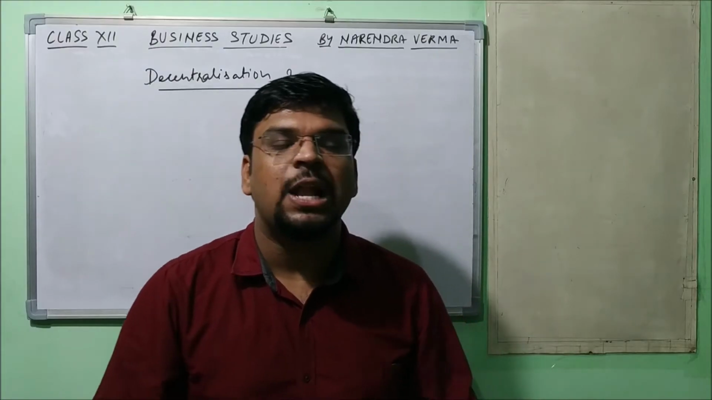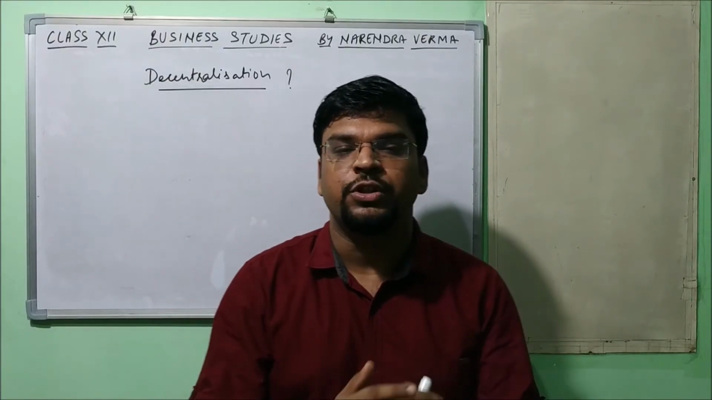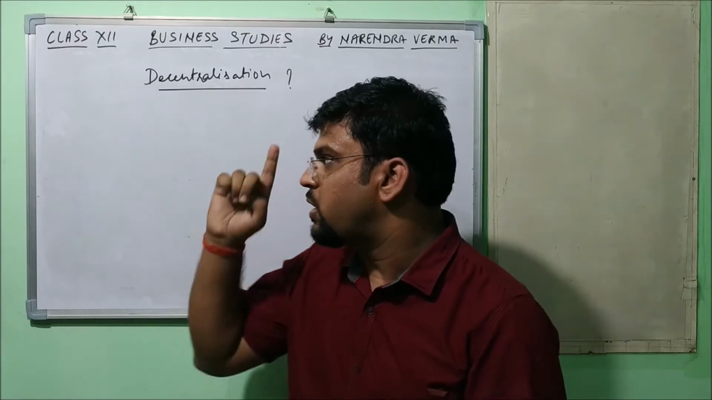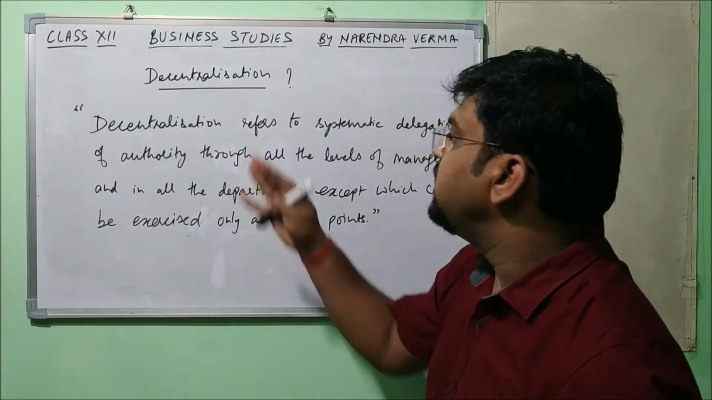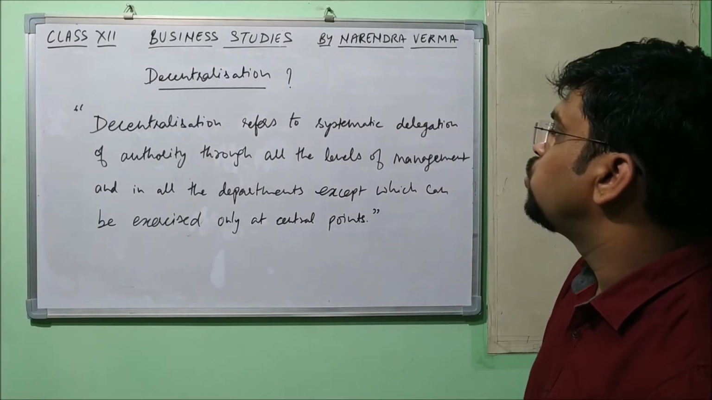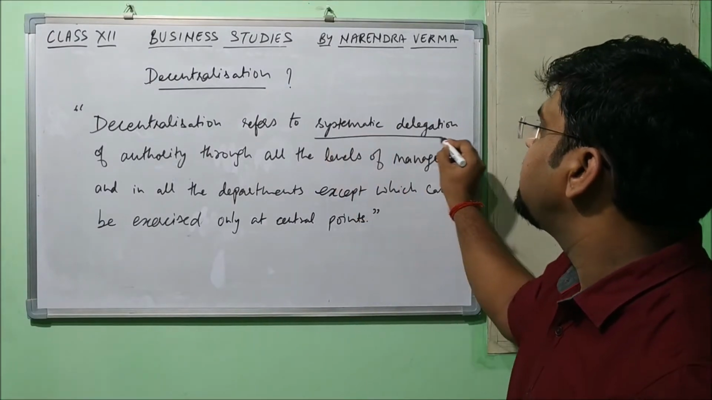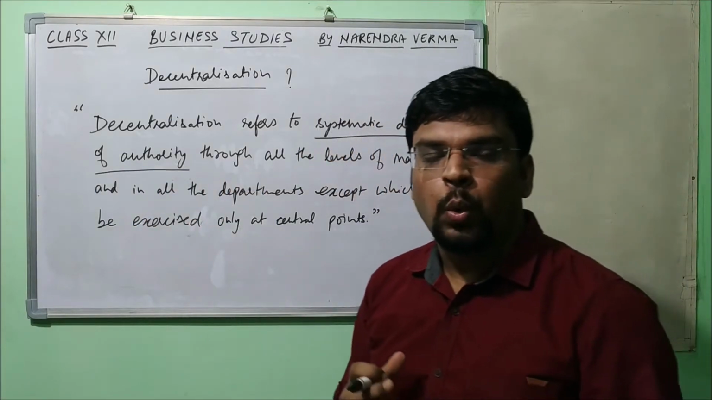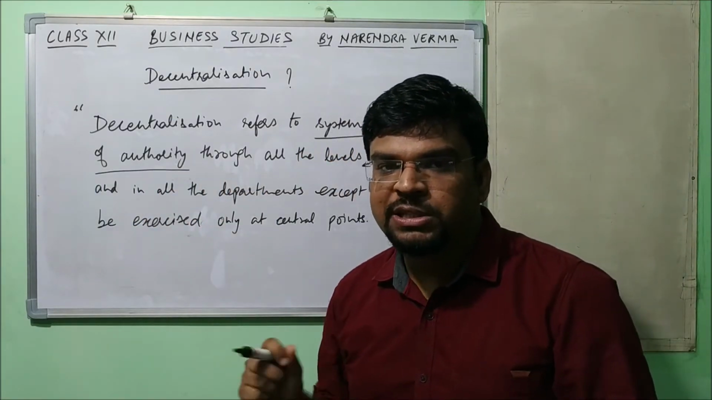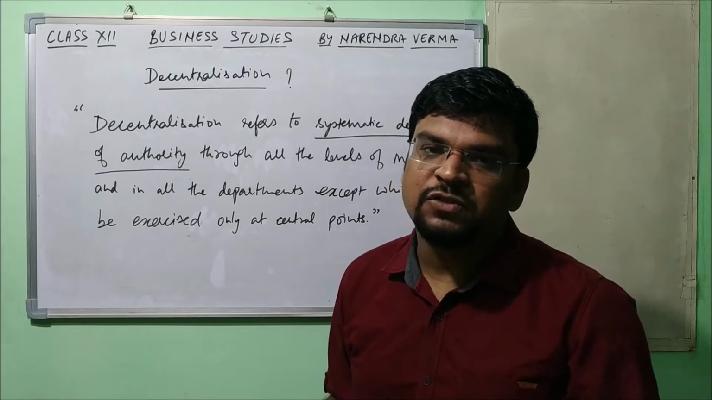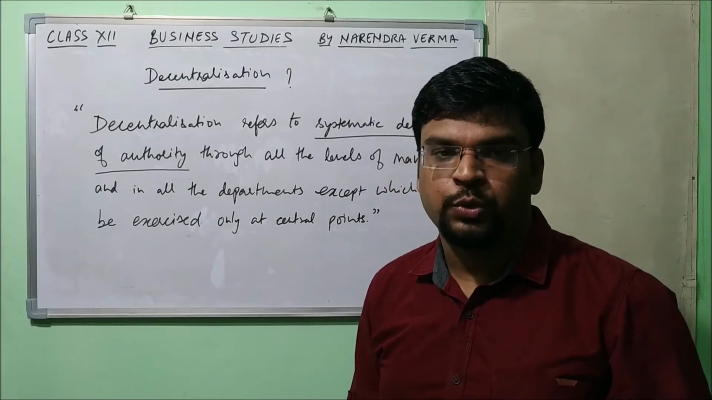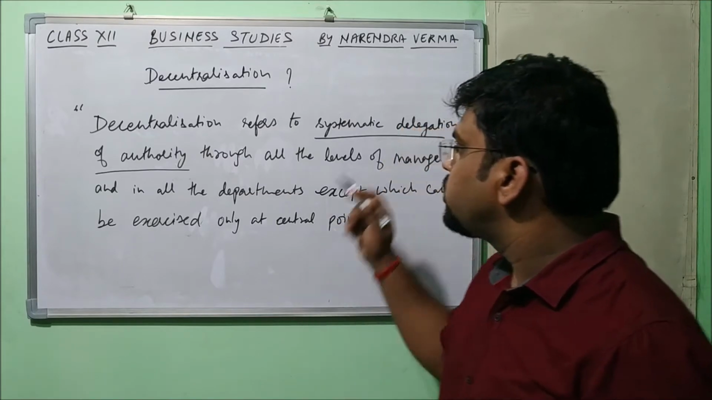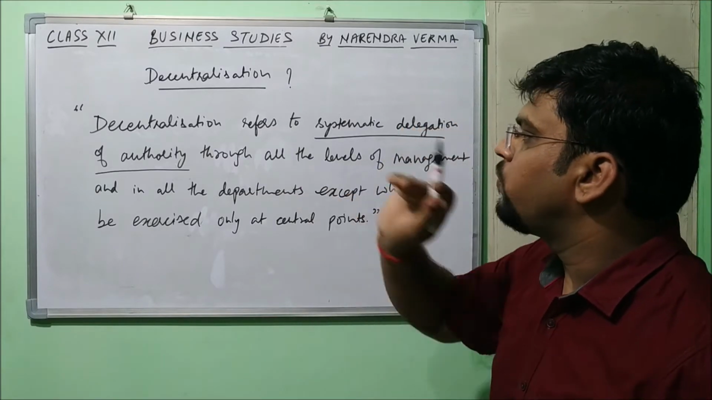Now with the help of the information I have just shared with you, we can frame the definition of decentralization. Let me write it down here. Decentralization refers to systematic delegation of authority. Systematic means it has various steps to follow, it is a kind of process. So, systematic delegation of authority